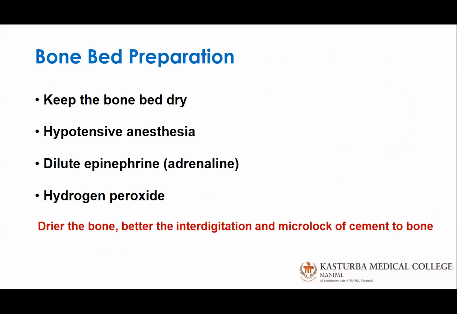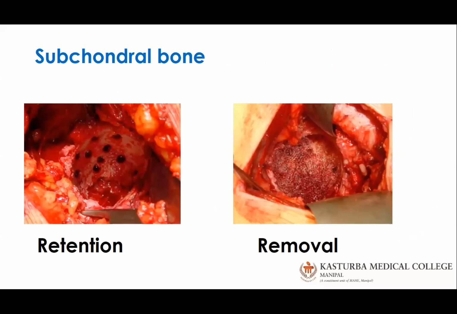Make your bone bed dry. Use a hypotensive anesthesia. Dilute epinephrine or adrenaline if the anesthetist allows you. Hydrogen peroxide. The drier the bone, the better the integration and microlock of cement to bone. Few controversies. Here is the one where in the acetabulum you have retained the subchondral bone, or where you have removed